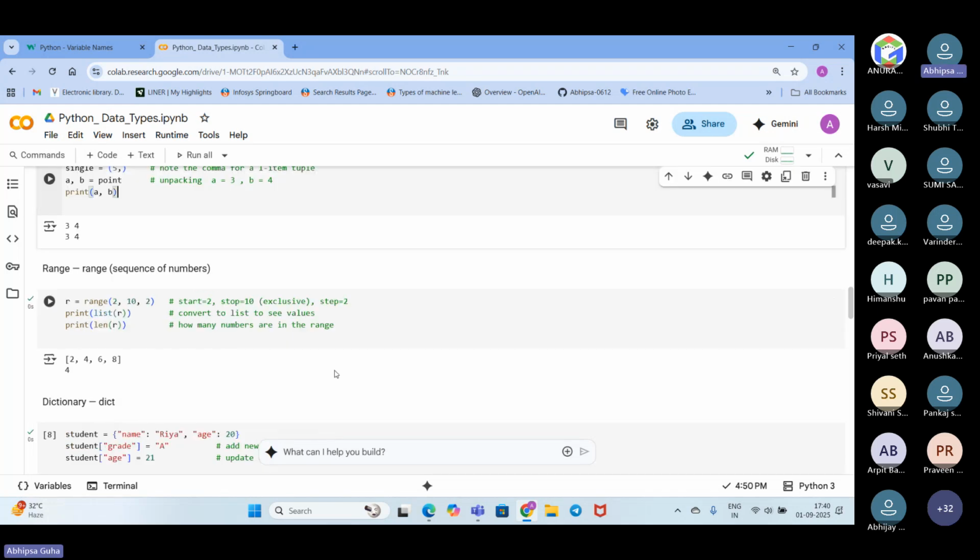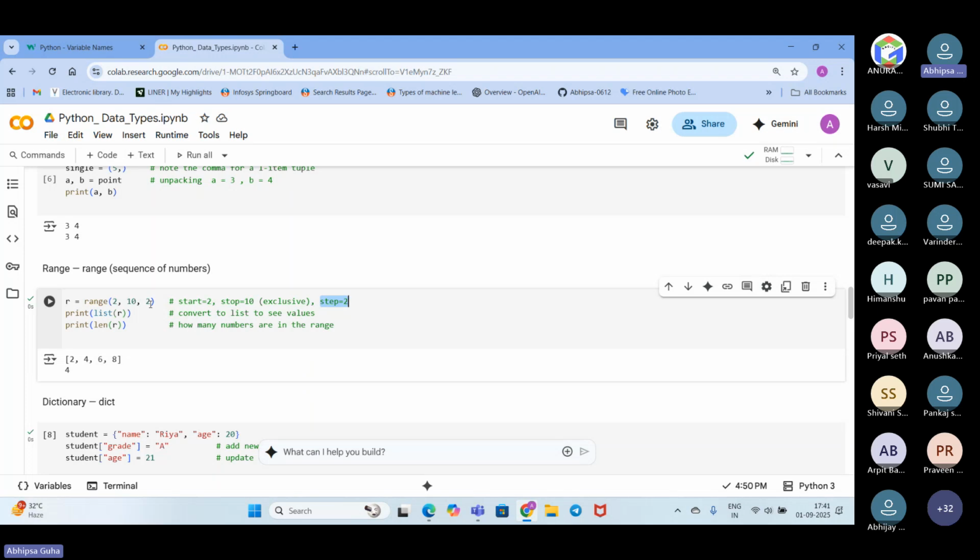Okay. So next is the range. That is the sequence of numbers that we need to see. We want to start it from 2 and stop it at 10, exclusive at 10, and want to consider the step 2. So it will represent 2 comma 10 comma 2. What will it be representing?